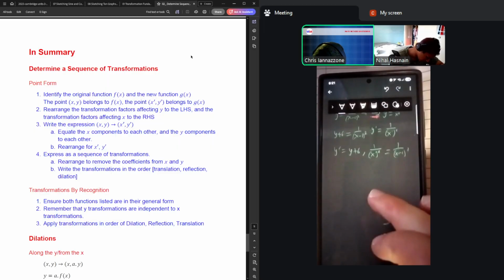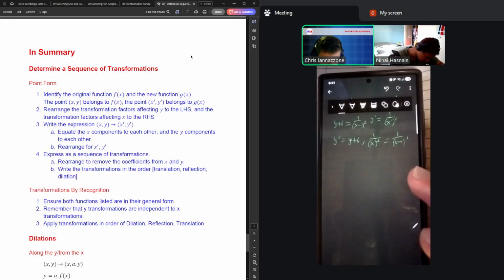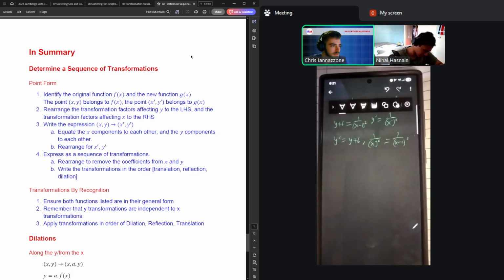Cool. When you finish writing that, I'll let you take it off from here. Okay, so yeah, step 2 is done. Step 3 is